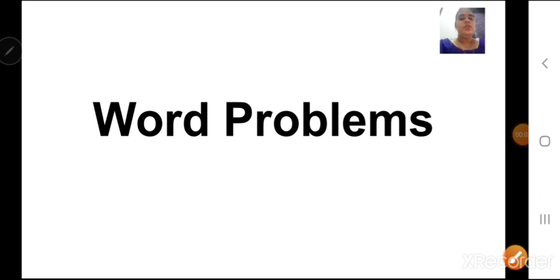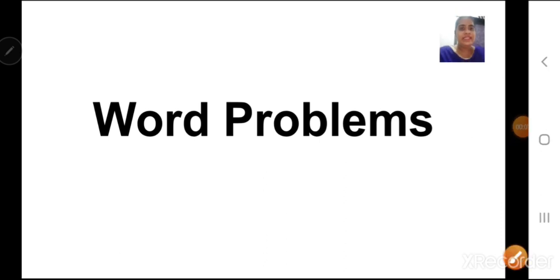Children, now for a word problem, first we have to read the question carefully. We have to observe what is given in the question. We have to find the information, and based on the information we have to understand what we have to find out. So in word problems, first is finding the information, then based on the information we have to write the statements properly. Then we have to solve the question, the multiplication sum, and then we have to write the answer. These three steps are important.